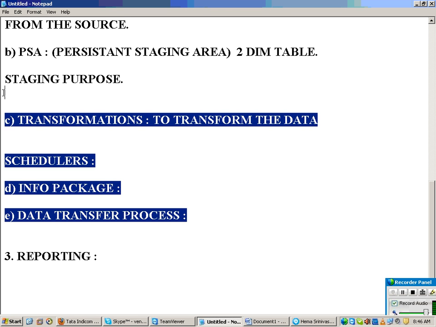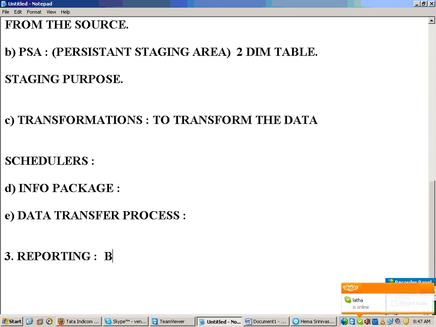But when it comes to reporting, it may vary from client to client, but the default reporting tool provided by SAP is called Business Explorer. That is BEX. In short, SAP has acquired BO, Business Objects. What is going to happen? This BEX will be replaced with Business Objects, and the default reporting tool is going to become Business Objects in the real future. But right now, as I said, my training will also be based on Business Explorer. The default reporting tool still is Business Explorer.